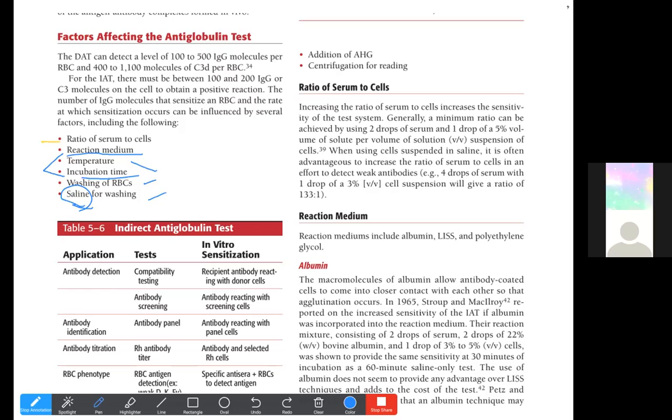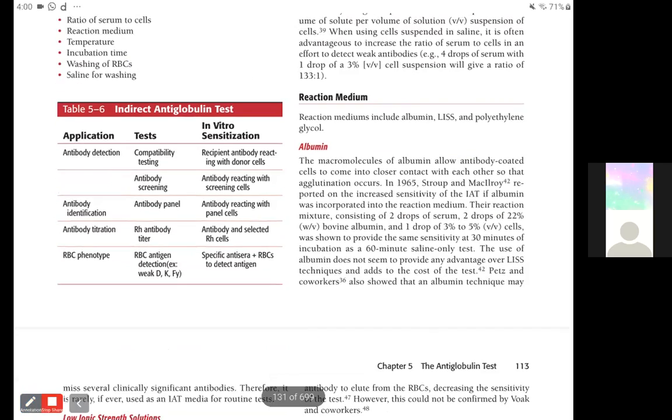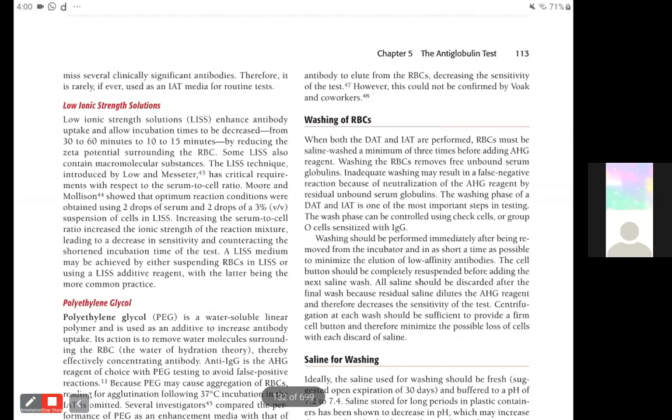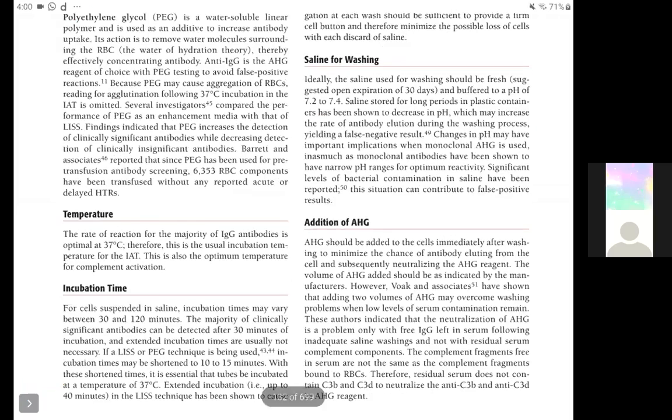And also then we have the centrifugation speed. The factors that affect the centrifugation would be the speed at which the centrifugation is occurring, and also the